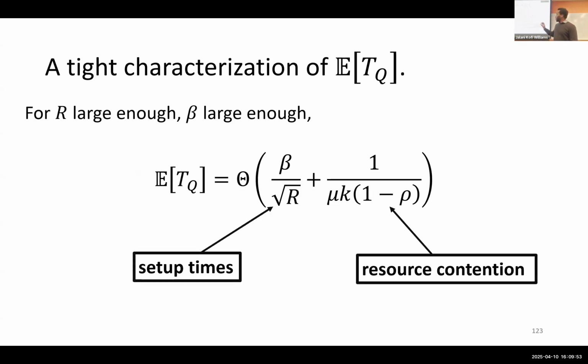Okay, and if we break down these parts, we can see that the setup time part scales linearly with the setup time, and with the inverse square root of R, the number of servers that we have active. But there's also a separately scaling resource contingent component, which has nothing to do with the setup time at all, which is somewhat strange, but it's actually reminiscent of some of the earlier work that you see in the M/G/1 setup, for example. You get the same kind of decomposition of the effective setup and resource contingent